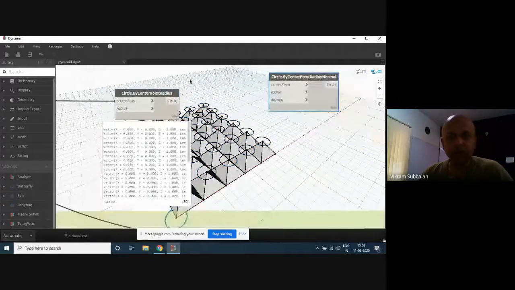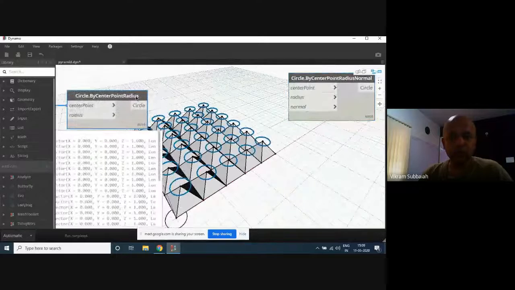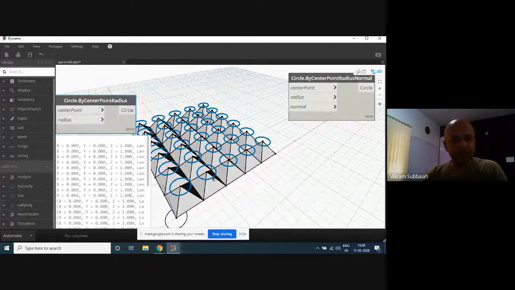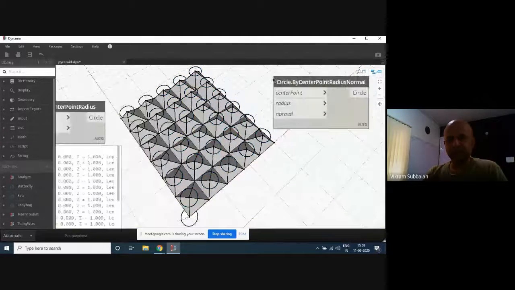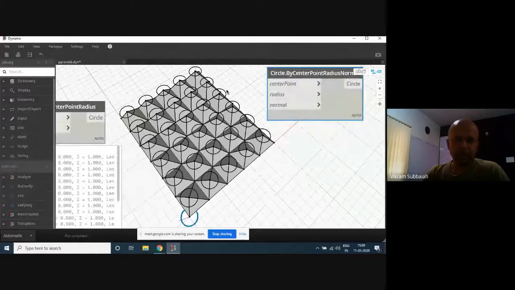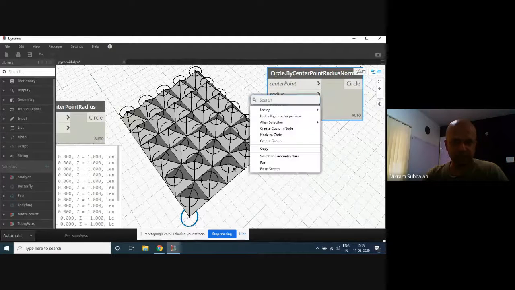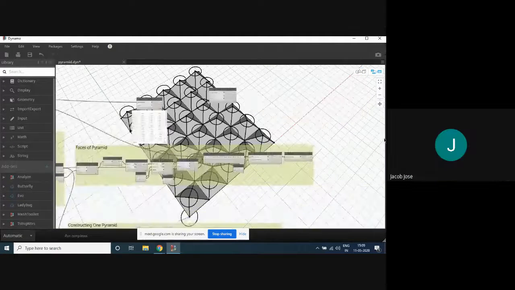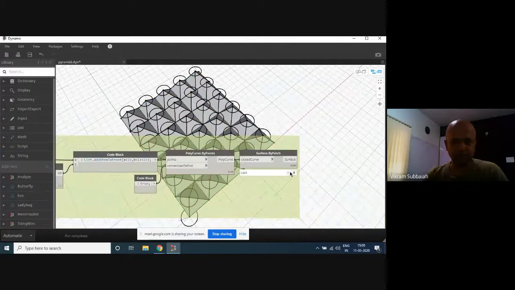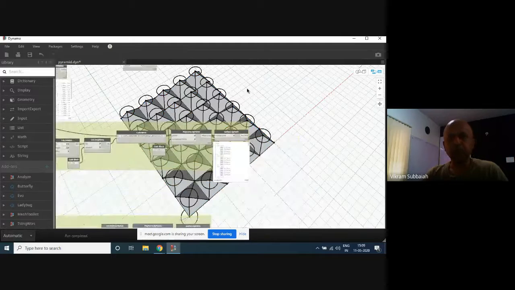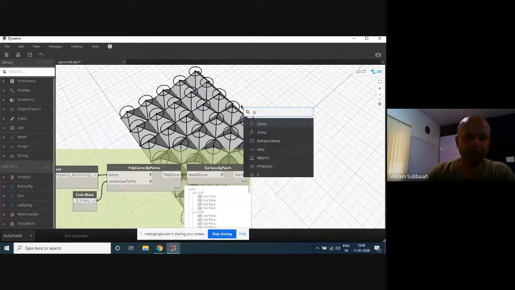Now, what do we do if we want to get the circles on the faces of these pyramids? First, we need to get the points at the centers of these faces, right? So to get the points, we go back to this because this is where we got all the surfaces. First we'll go to point at parameter.